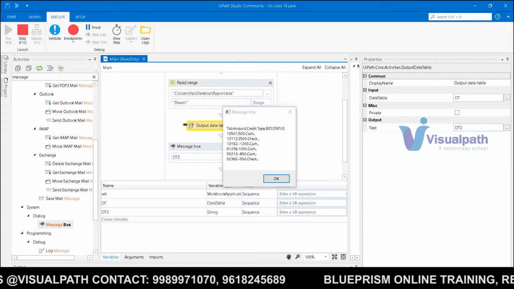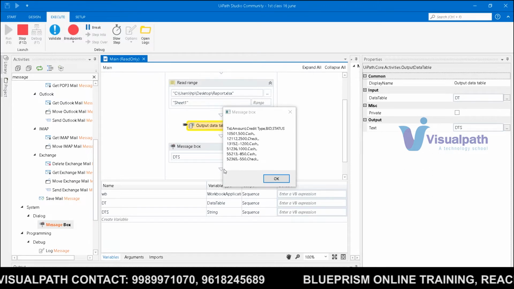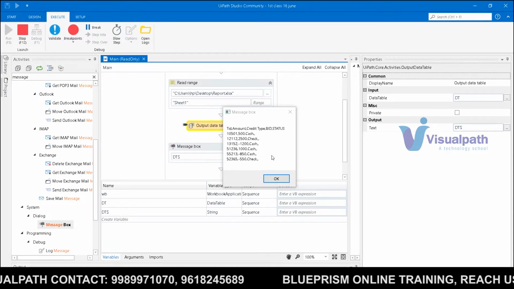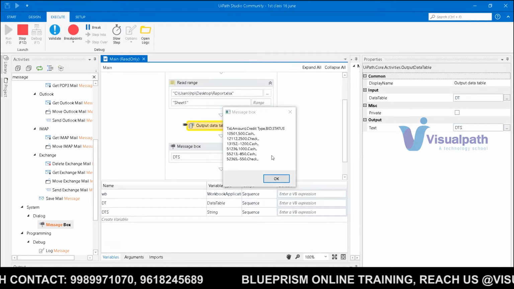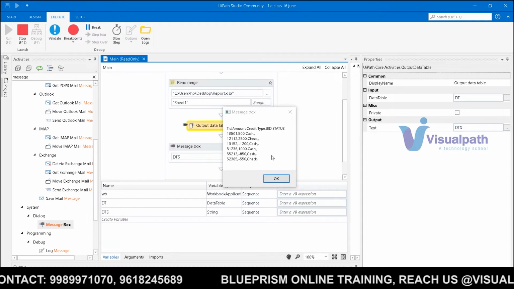You can see I read the data and then output that into a place. Now my UiPath has that data. So I did the Excel operation where I am reading the data and throwing that into a message box. My next step is to